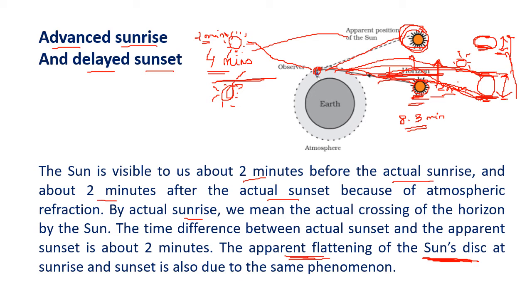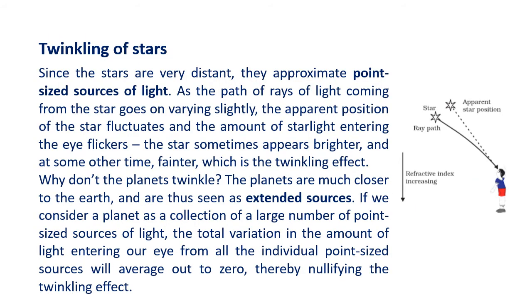And one more phenomenon of atmospheric refraction is the twinkling of stars. Now the only thing to remember here is, when we see a star in the sky, because of all the factors mentioned above, we do not see the real position, we see the apparent position. Okay, just remember. We did this before, you can rewind the video and see. We do not see the actual position, we see the apparent position.